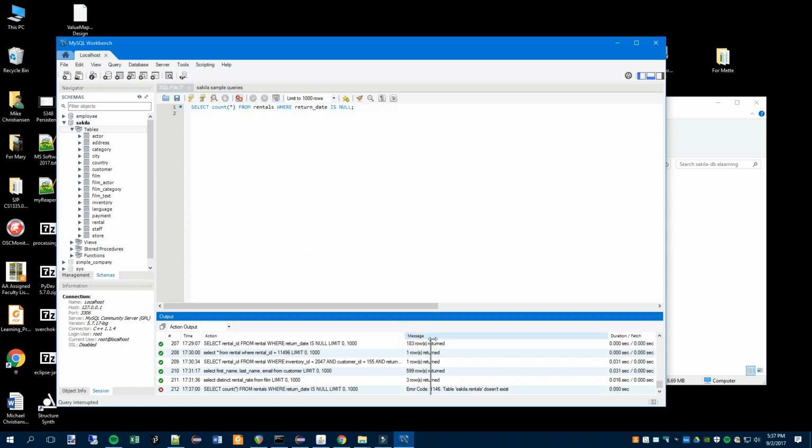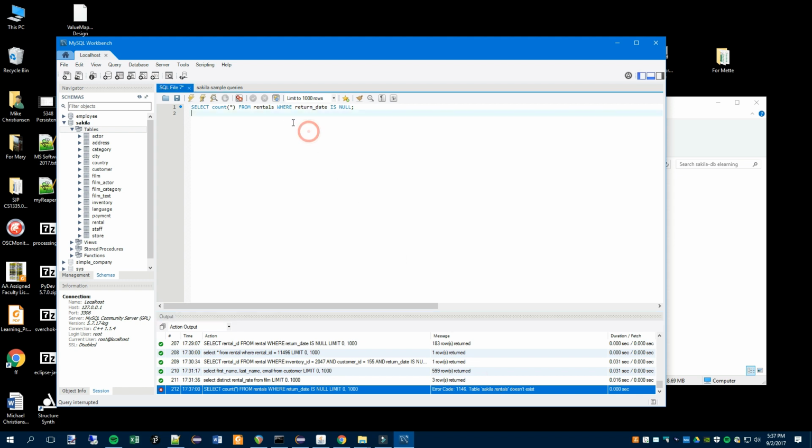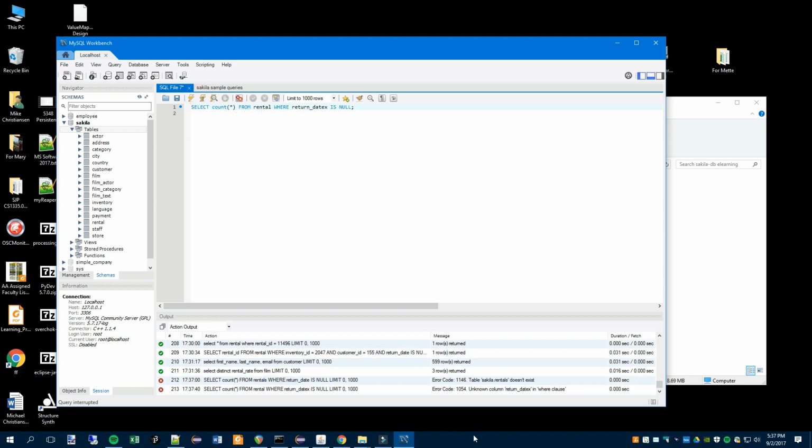Let's see what the message is. Oh, here we go. Error code, blah blah. Sakila.rentals doesn't exist. So then the name of the schema, not the name of the table. Well, no doubt, because we renamed that. So as you can see, it catches syntax errors pretty nicely. And then if the object you're working with doesn't exist, then it will flag that as an error down here in the output window,